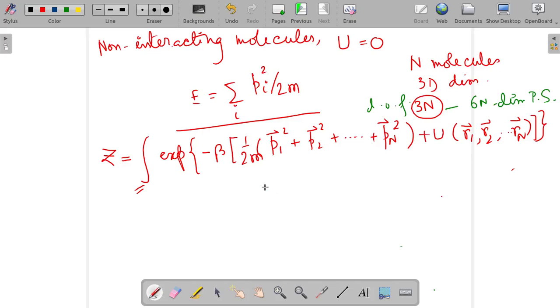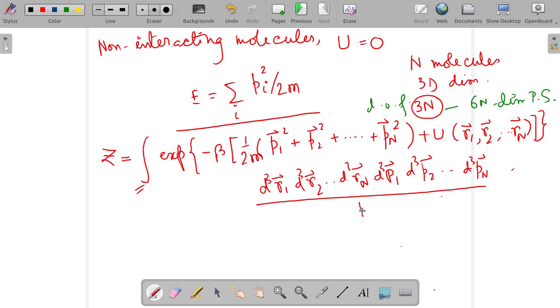Obviously it will be d3r1 d3r2 up to d3rn, next d3p1, do not forget the vector sign, divided by how many cells are there, so divided by the volume of the smallest cell in the phase space, সুতরাং we are basically integrating over the possible number of phase space cell, কতগুলো সেল আছে ফেজ স্পেসে ততগুলো সেলের উপর আমরা ইন্টিগ্রেশনটা করছি।